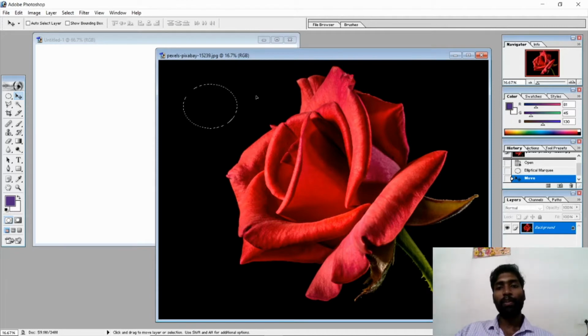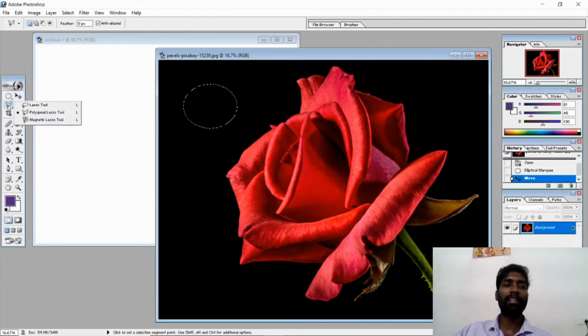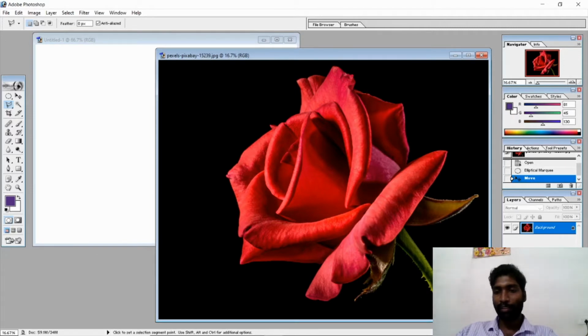Today we are going to use the polygon tool. My dear students, I am going to select this flower object. I already mentioned the lasso tool yesterday. This is the simple lasso tool and the polygon lasso tool. We can select along a line. Now I just clicked once. See, it is going in a straight line. With one click, it will go only in a straight line. This is the polygon lasso tool.